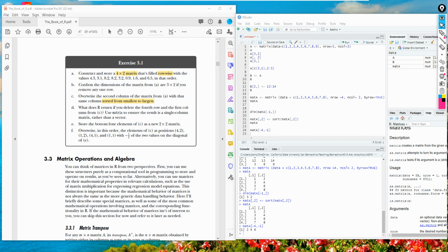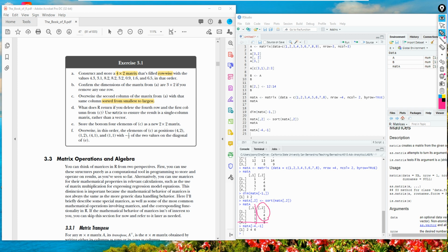If you look at this problem, remember we remove the fourth row and then remove the first column. So this is what happens, what you have is basically this.